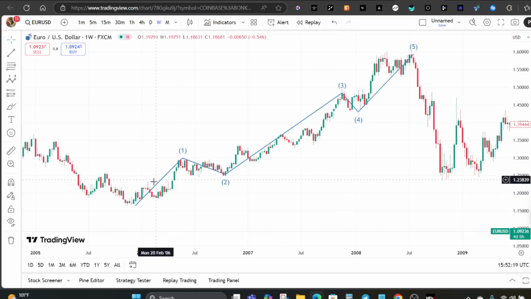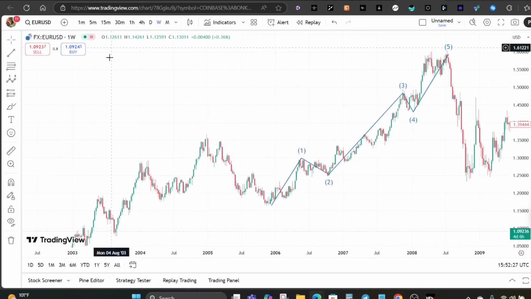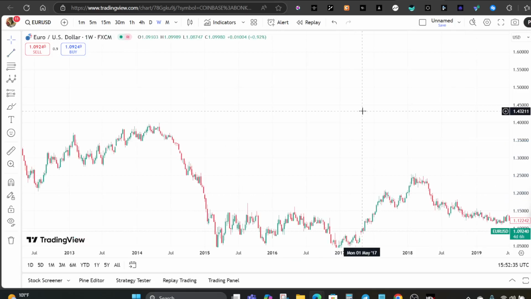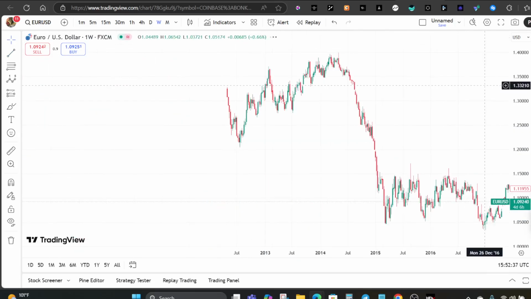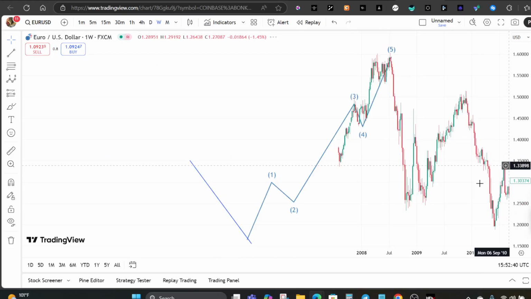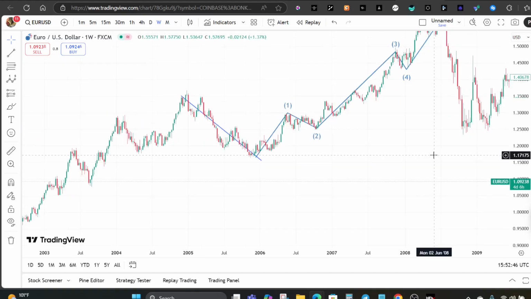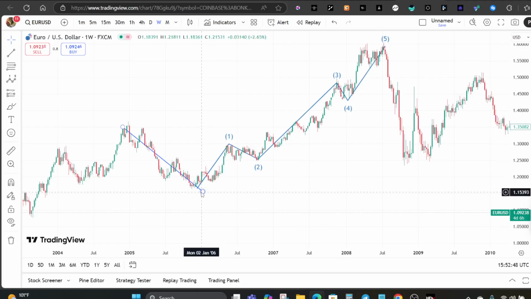The first wave, which is wave 1: during the first wave, the market starts moving in the direction of a new trend. We can see that the previous move was a sell move. But right after this sell move, we can see that a new trend started, and you can see it was divided into 5 waves. So wave 2 is a slight pullback that happens, but it doesn't go lower than the